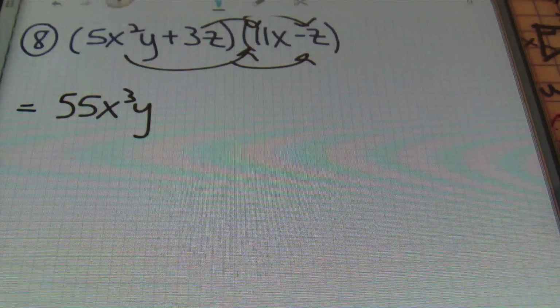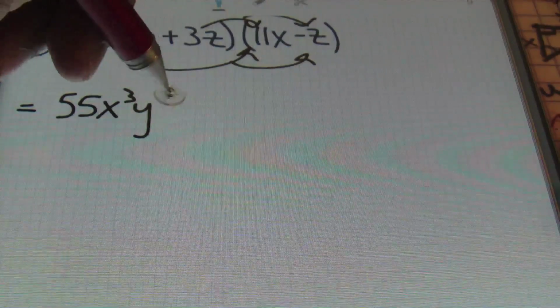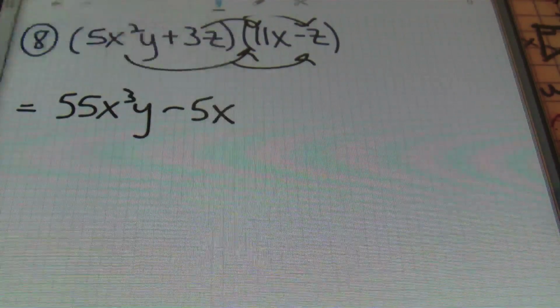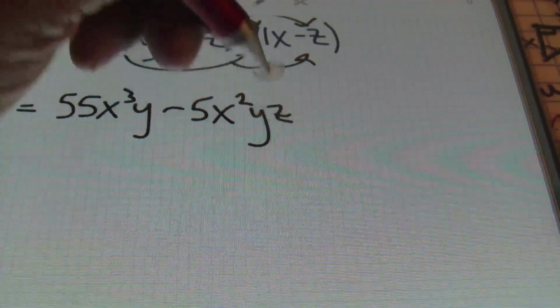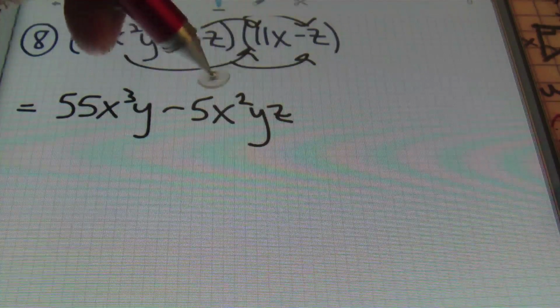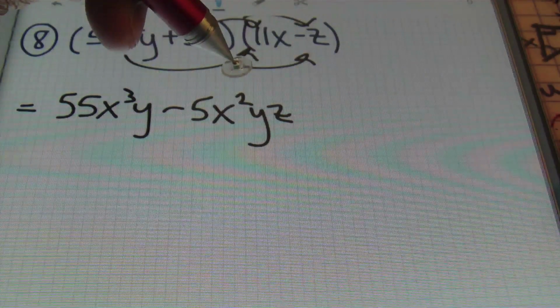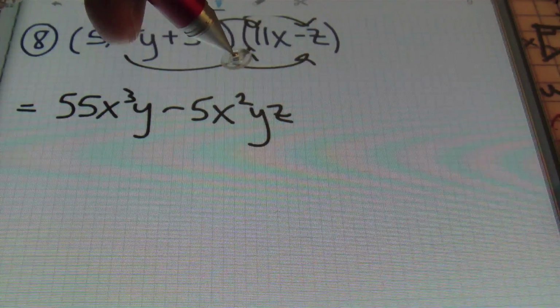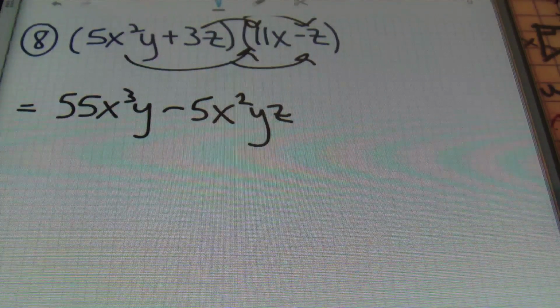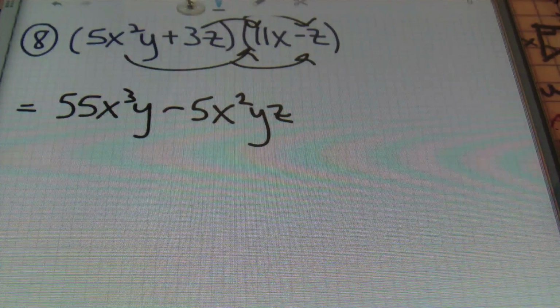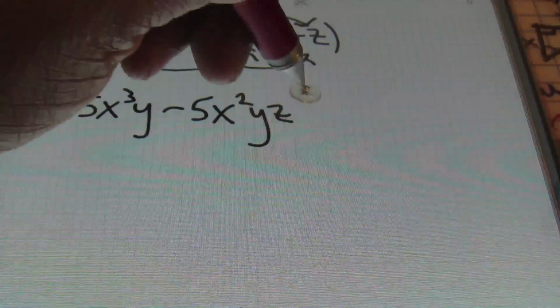Then I'll be multiplying 5x squared y times negative z. That gives me negative 5x squared yz. Notice how I'm writing these variables in alphabetical order. That's right. A, B, C, D, E, F, G, you know the rest, right? Okay, then we're going to multiply 3z times 11x. That gives me a positive